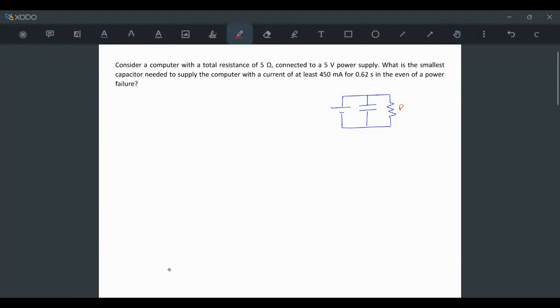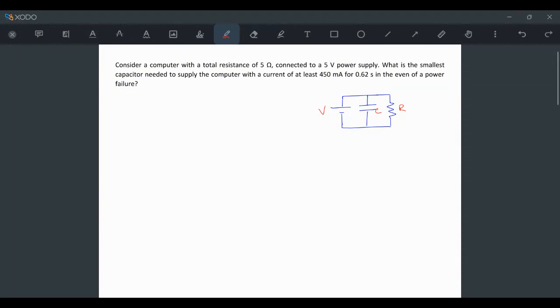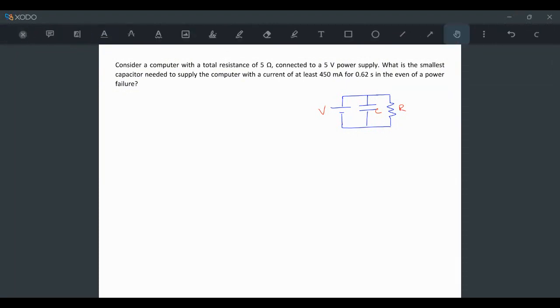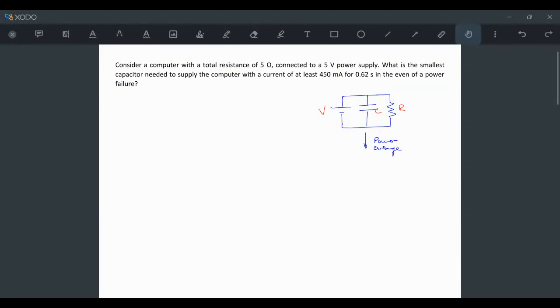So this has a resistance R, this has a capacitance C, and that's the power supply voltage, which is 5 volts. If we're being really careful and detailed, what happens is, if there's a power outage, we can get rid of the left branch of this circuit, which has the power supply, and what we just have is